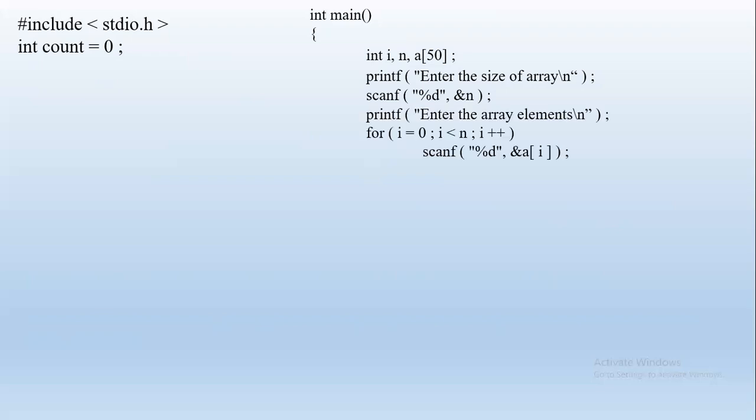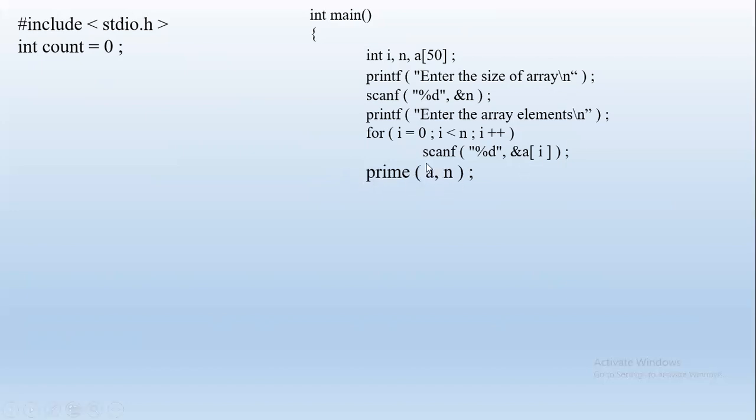So i equal to 0, since array index starts from 0, i less than n, i plus plus. Like we take input for an array, here we are taking input for array a. Next, we are calling the function prime. Note that this is a function call, and the name of the function is prime. Since we don't mention anything like result equal to prime, because it is without return type, this may be executed with any of the categories. Here we are implementing with the category of with parameter and without return type.